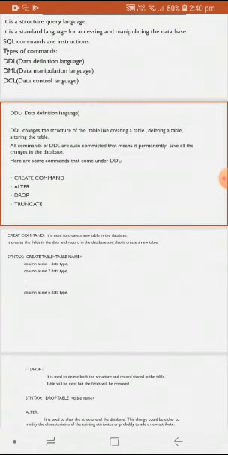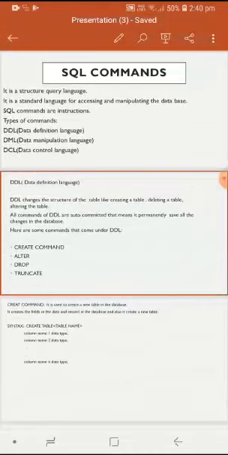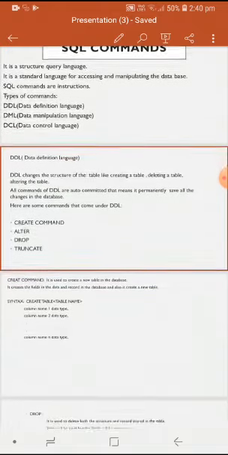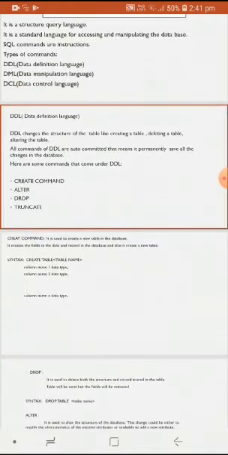So let us see what commands are used in data definition language. The commands used in data definition language are create, alter, drop, rename and truncate. These commands are called data definition language because they are used for defining.